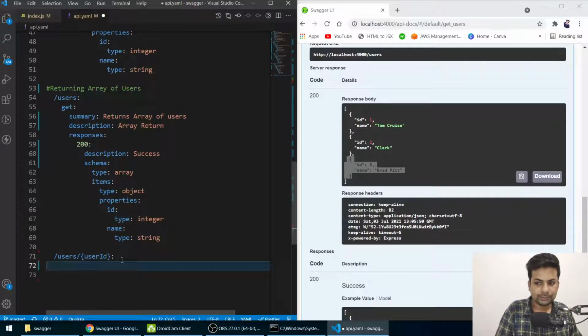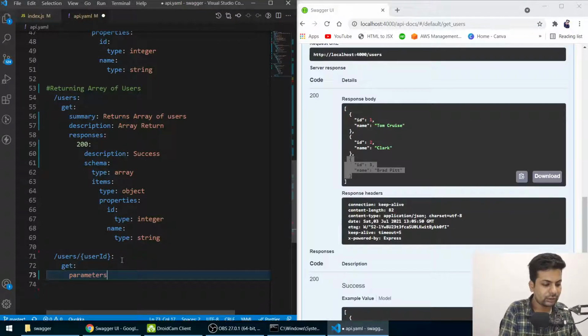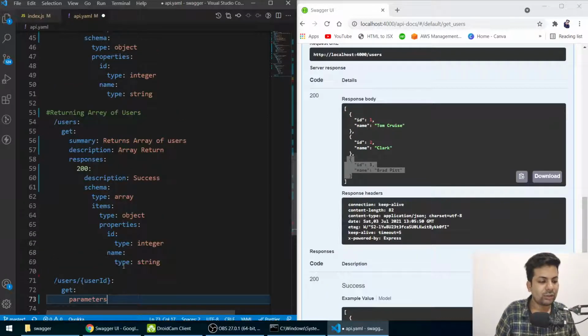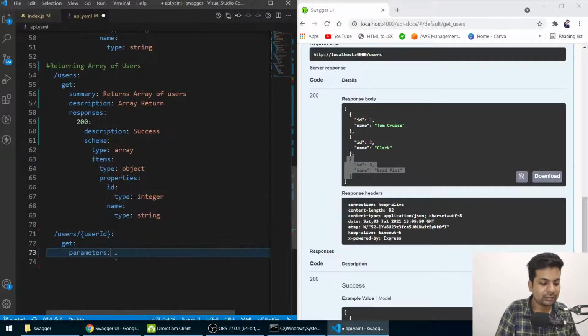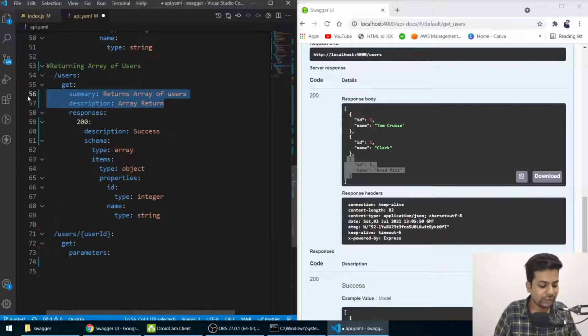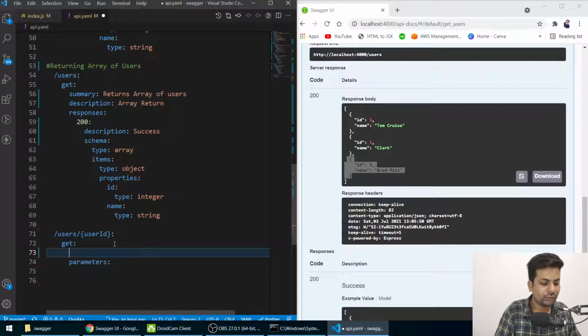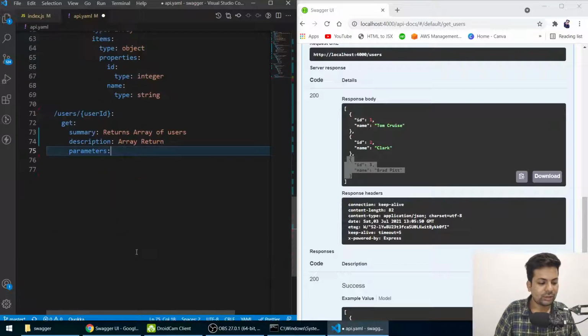So now we'll say it will be a get, then we'll say parameters. I'm defining parameters here because we are not sending any data otherwise. Here I have to define parameters, and you can write summary and description or not. Let me copy and paste it here if you want it. Okay, summary, description. Now we'll say parameters.